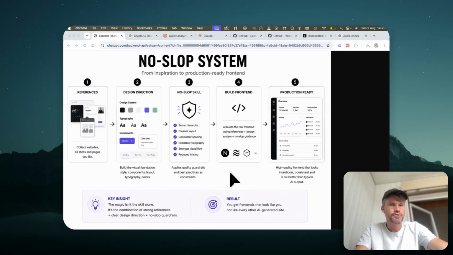I want to share with you my 3-step workflow that I use to build front ends that don't look like AI slop. And yeah, it's a tough thing to do. It's been a painful journey